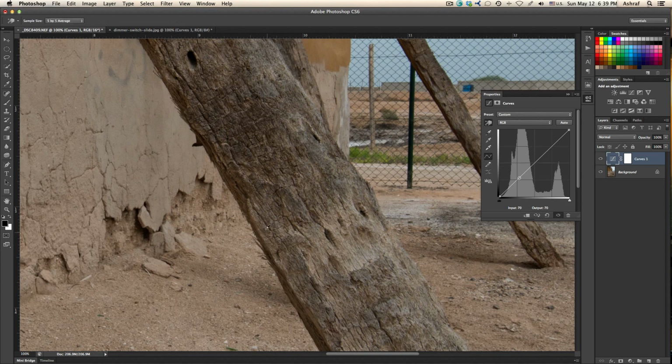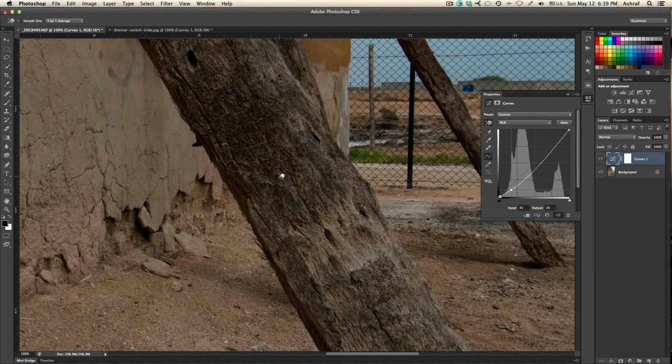And now if I go to the place where the crack is happening, the darkest area in the wood is this one. And you can see on the graph, look at the graph, where is it happening? It's the lowest thing, and this is the darkest point in the image. Okay, but I don't want that because that's extremely dark. I will be going to the place where the crack is, which is here. Okay, and I will click on it and I will drag down because I want it to be a little bit darker,